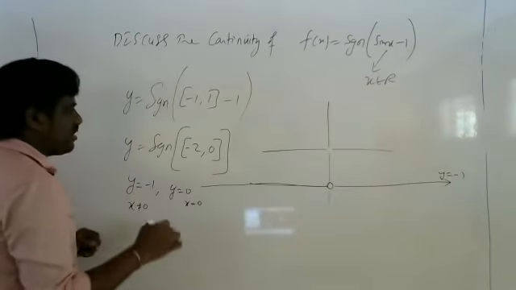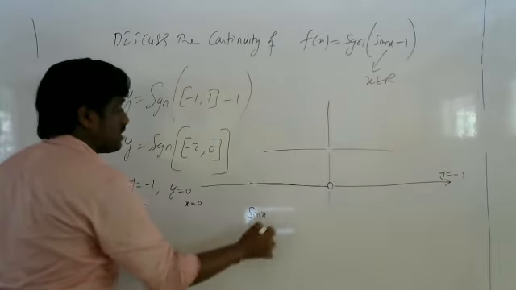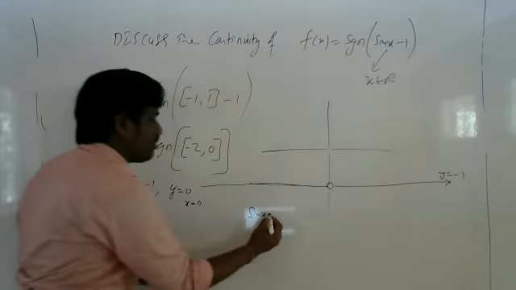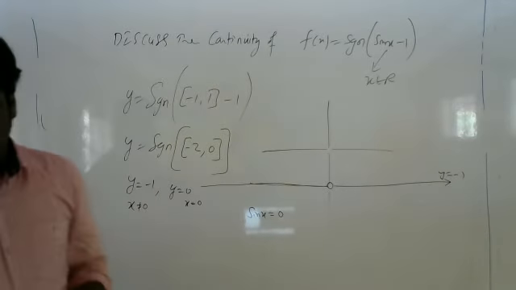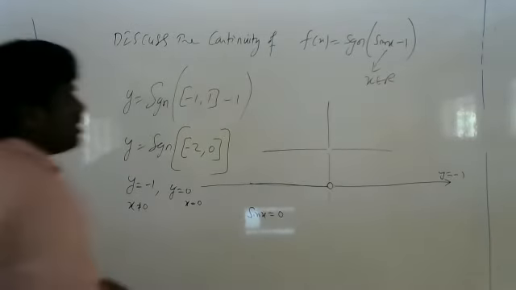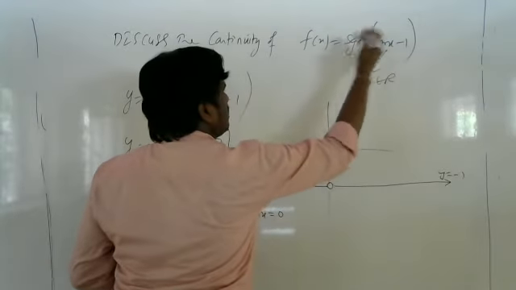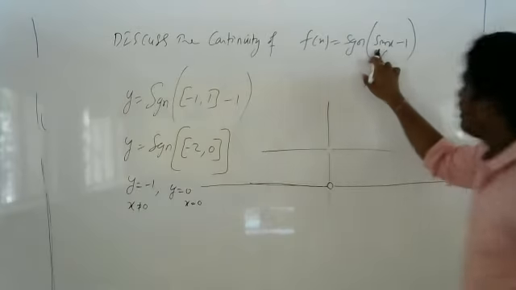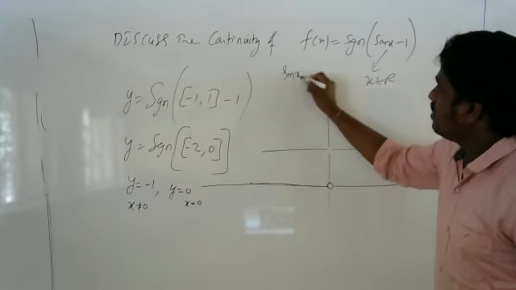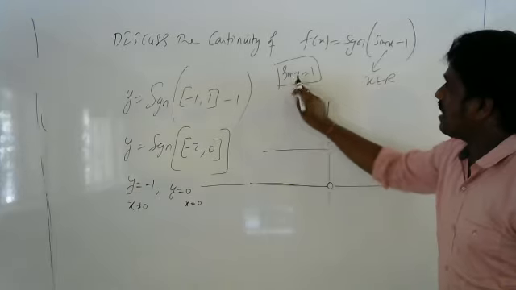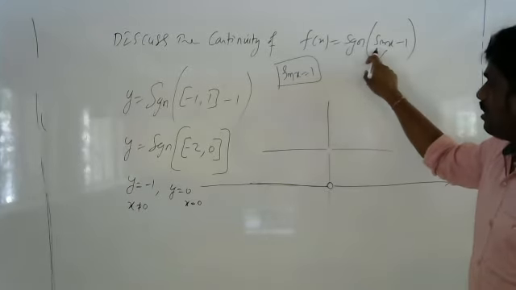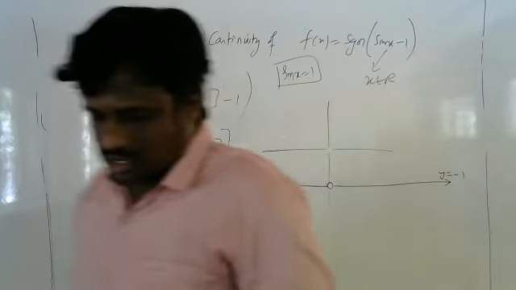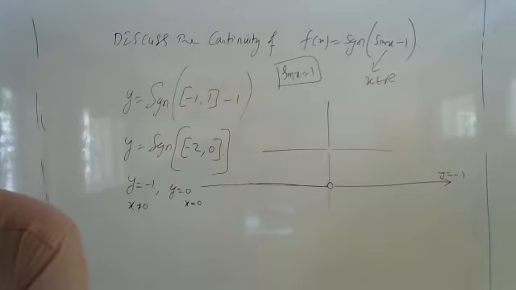Then when I get discontinuity, whenever sin x is equal to, listen, this is a very important point, you need to understand here. Whenever sin x is equal to how much? 1, no? 1. If sin x is equal to 1, 1 minus 1, then signum 0. See, when will you get signum 0, if sin x is 1. Whenever sin x is 1, I'll get signum 0. Means when will you get sin x 0?